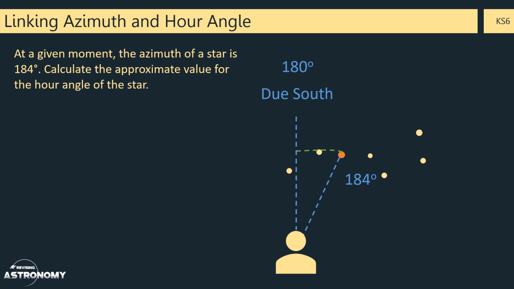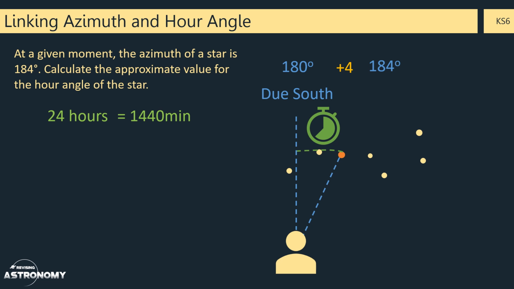We can also tackle this question in reverse. In this example, we have a star with an azimuth of 184 degrees, and we want to calculate the approximate hour angle of this star. In other words, we're trying to calculate how long ago it was when it was on the southern meridian. Well, we can see that if it's at 184 degrees now, then it has travelled 4 degrees further west than the southern meridian. So going back to our previous calculation, we know that 24 hours is the same as 1,440